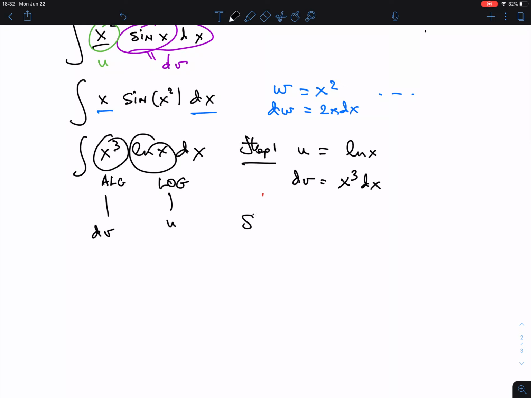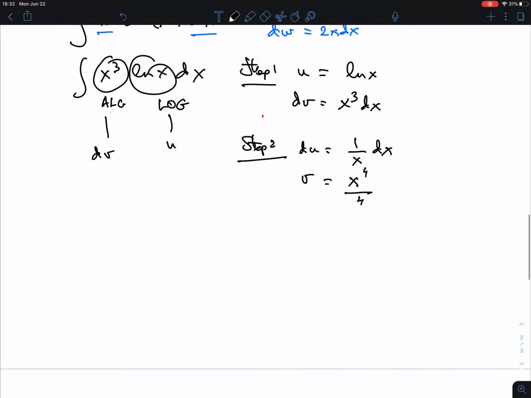And so this recipe of ILATE always works. And that's why you no longer have to worry, oh, did I make the wrong choice or right choice here? Okay, so if this is u, then du is, now we know that the derivative of ln x is 1 over x dx. And the derivative of v, power rule, x to the 4th over 4. That's it, right? Step 3. Well, let's see, does it work? Do we actually get a better integral? That might still sometimes be a problem, but